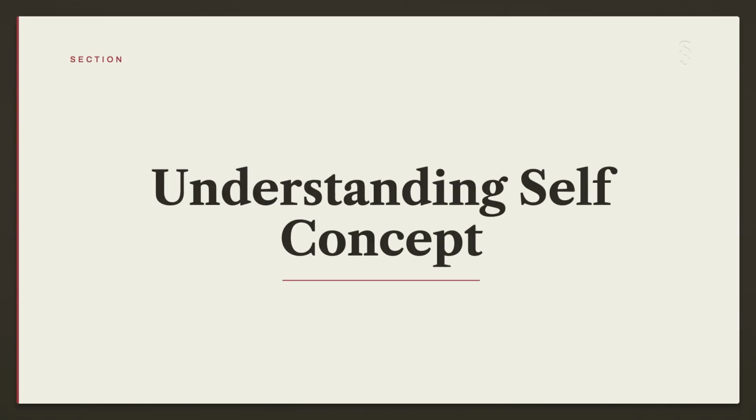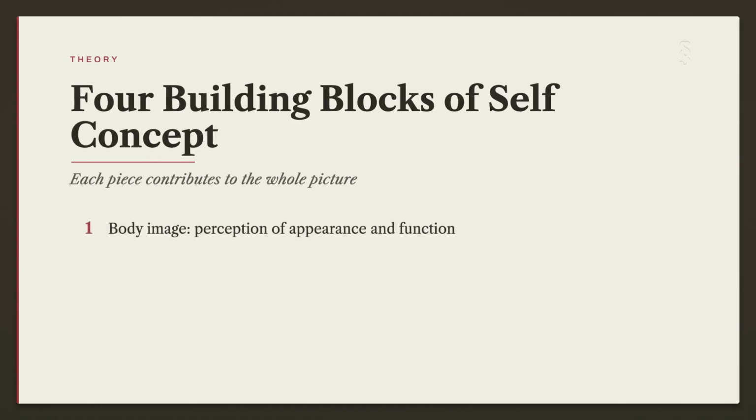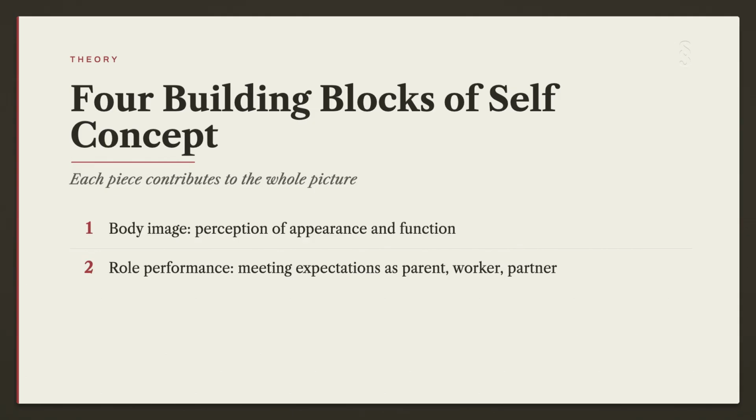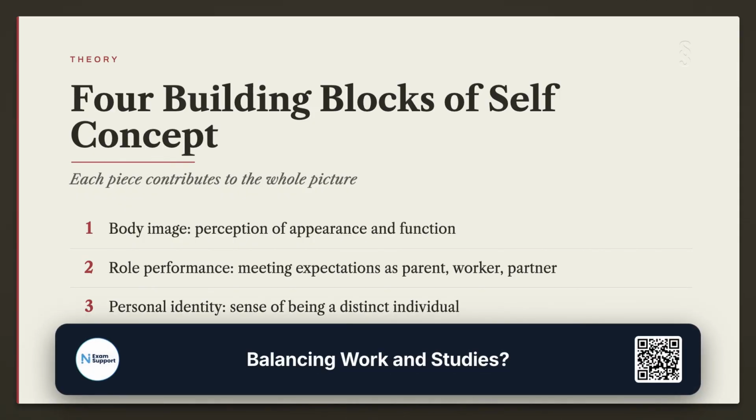Self-concept is the overall mental picture a person holds of themselves. It's built from 4 parts working together, and illness can attack all 4 at once. Body image is how someone perceives their physical appearance and function. Role performance is how well they feel they're meeting expectations as a parent, worker, or partner. Personal identity is the sense of being a distinct individual, and self-esteem is the evaluative layer judging whether that self